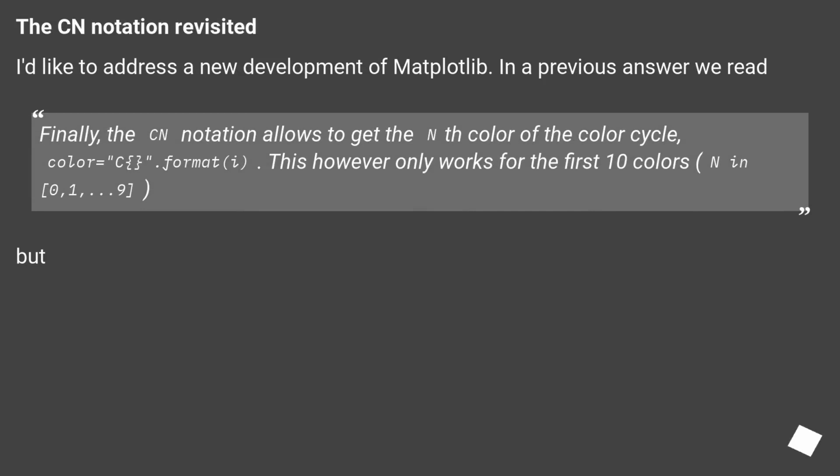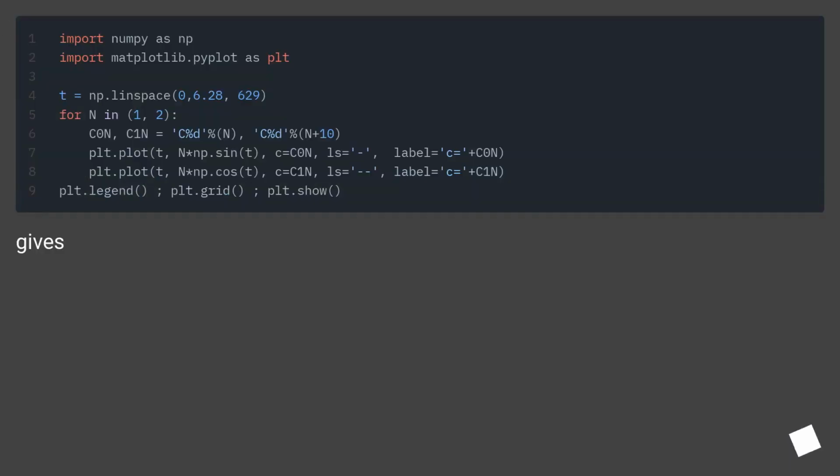The CN notation revisited. I'd like to address a new development of matplotlib. In a previous answer we read, finally, the CN notation allows to get the nth color of the color cycle, color = 'C{}'.format(i). This however only works for the first 10 colors, n in 0, 1 ... 9. But ... gives